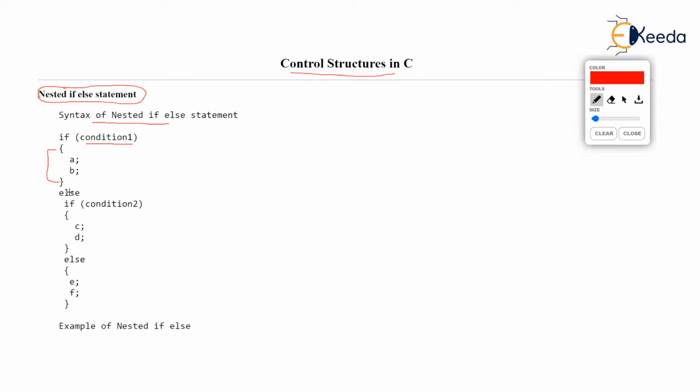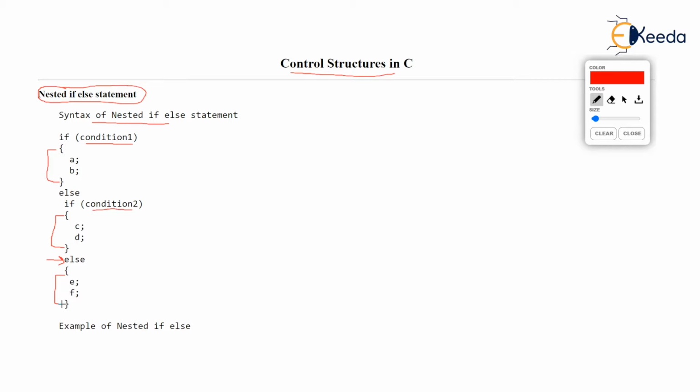If condition 1 is false, then only we will check whether condition 2 is true. And if condition 2 is true, then we will execute C and D, these statements. But what if condition 2 is also false? So we have condition 1 false, condition 2 false, so we will land in the last else here. The last else does not have any if, so by default E and F will run, because there is nothing to be checked now. If condition 1 and condition 2 are false, then we would like to run E and F.